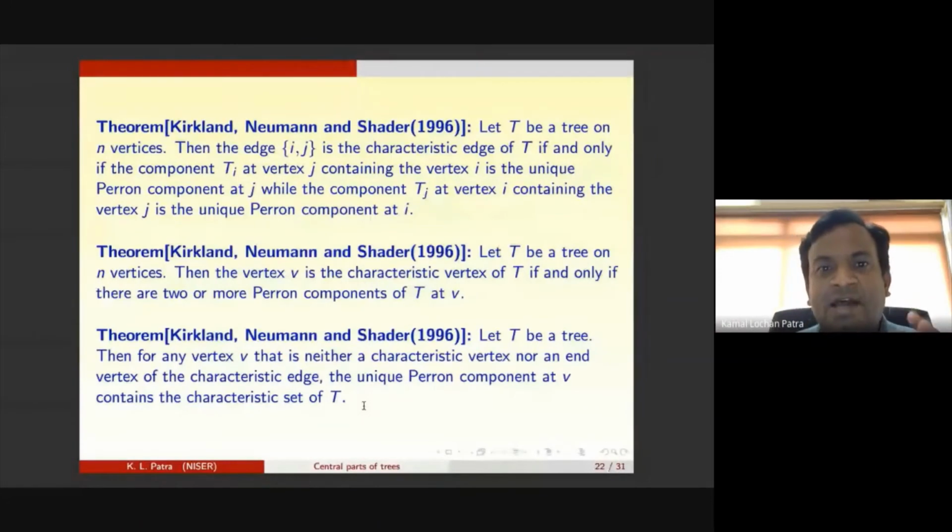in finding the characteristic set of a tree, though, because n will be large, finding the Perron component will also be a little trickier. So using this idea and the definitions of characteristic center and centroid, we try to maximize the distance between center and centroid, and between characteristic set and centroid, and between center and characteristic set, among all trees on n vertices.